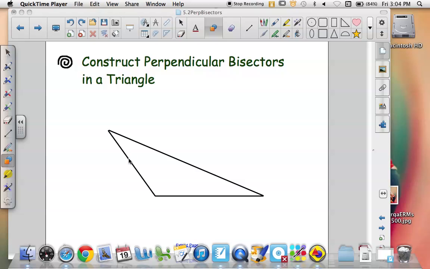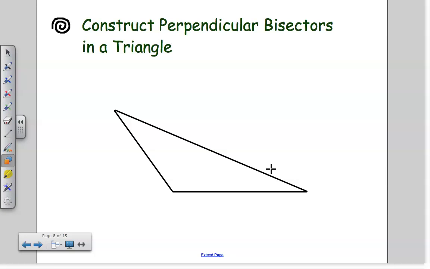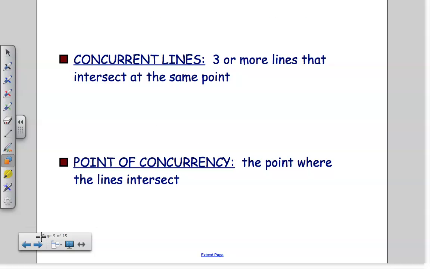In the second part of section 5.2, we're looking at perpendicular bisectors in a triangle. In class, we're going to do a discovery where we construct perpendicular bisectors in a triangle, or maybe you've already done it, but we're going to use a compass and actually do the construction. And we're going to look at what happens when you construct all three perpendicular bisectors of all three sides in